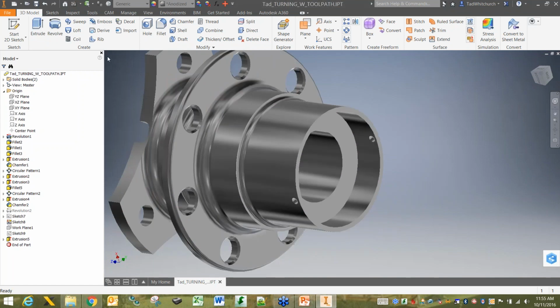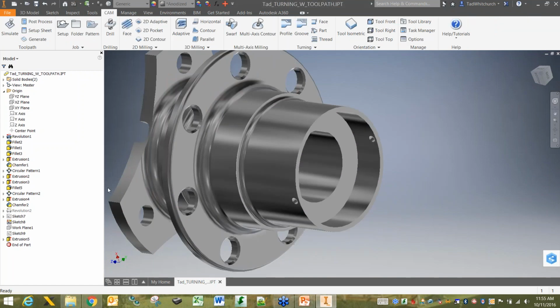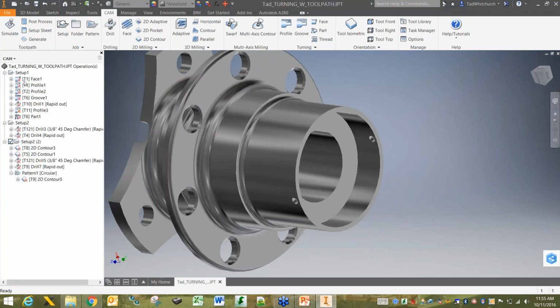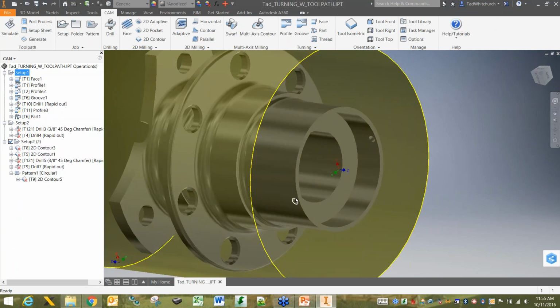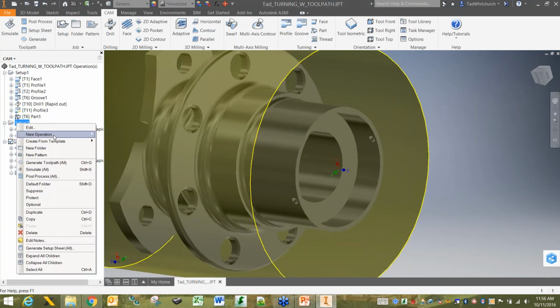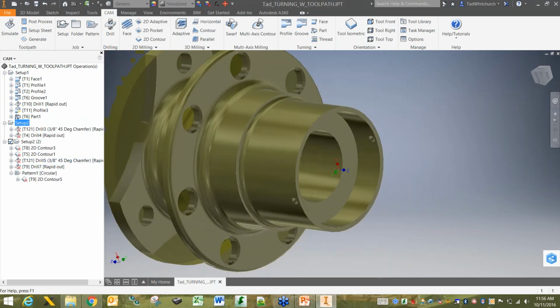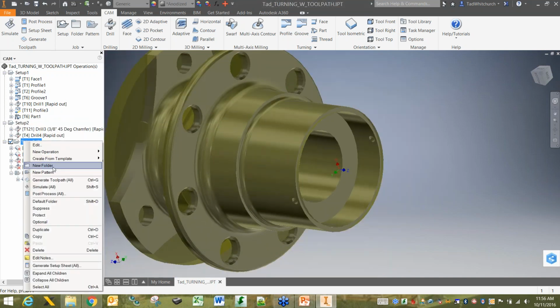Okay, integrated CAM. So I go back to the CAM environment. And that's what these little red X's mean, is that you need to just right-click and regenerate that tool path once you're satisfied that the change is being resolved. So we're good there, and we're good